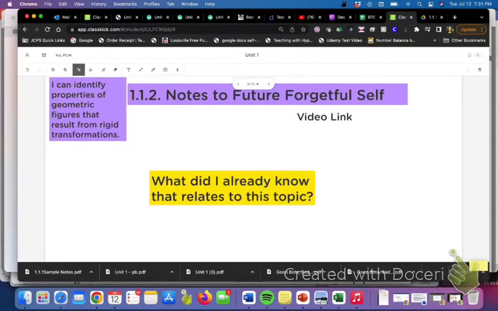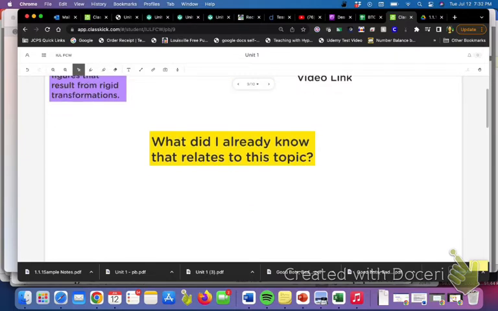Hi mathematicians! Today's video is about our notes to our future forgetful selves about identifying properties of rigid transformations. Well, actually the figures that result from those rigid transformations. And this is a case where it's really important to recognize what we already know about this topic from the